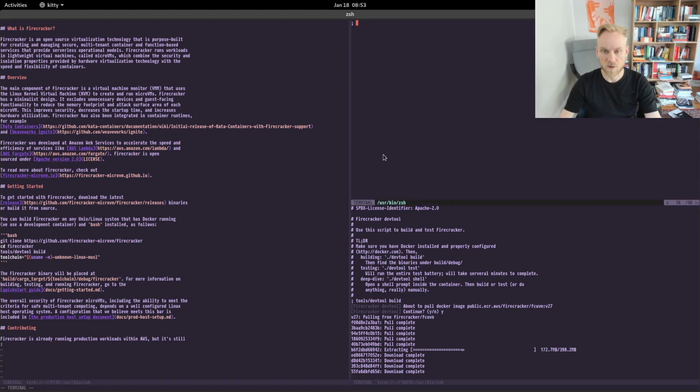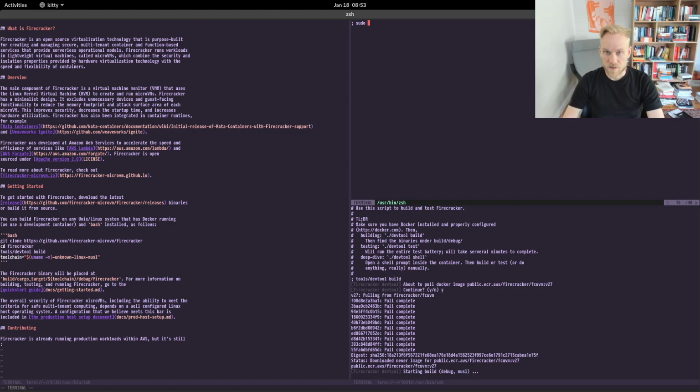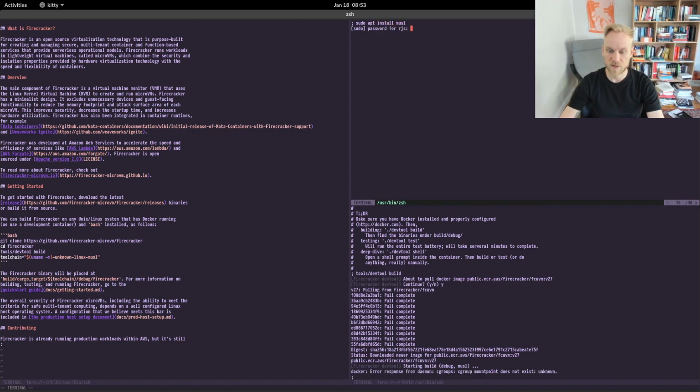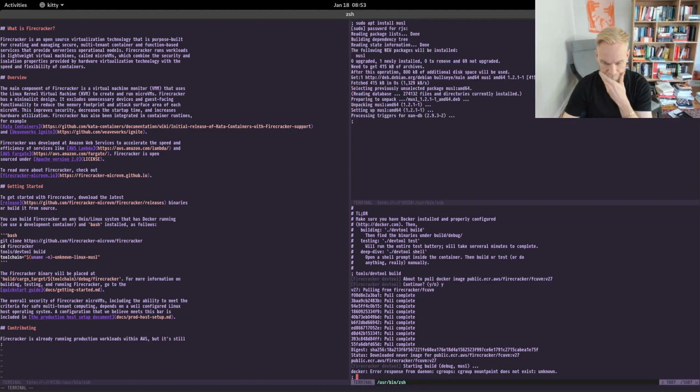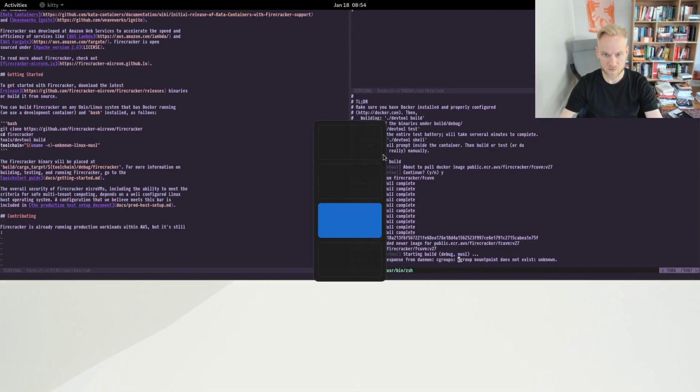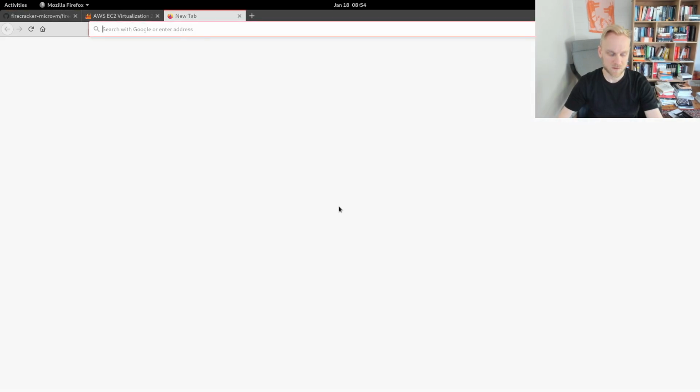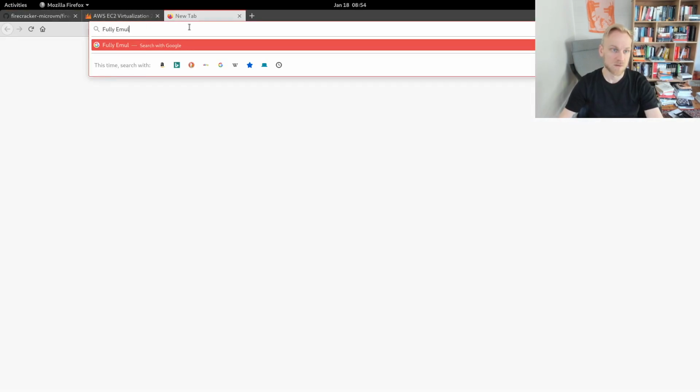Also, since we mentioned the musl thing, let's see if we have musl here. We do. Cgroup mount point does not exist, unknown. Okay, so let's dump that into place.